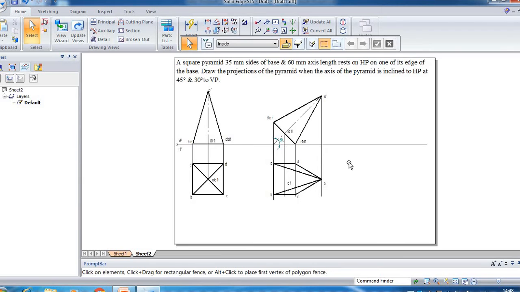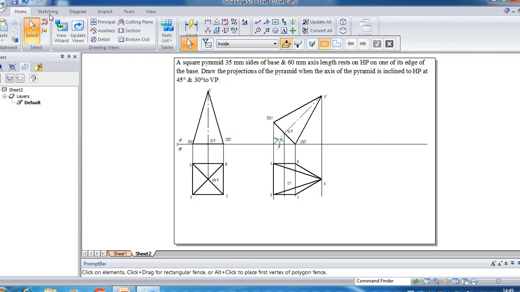Okay, so here the only difference is while drawing the third step, you should be very careful. That is, already some angle is given to this axis line, that is 45 degree. Now the same line is going to make an angle of 30 degree to VP. That means you need to find out the apparent angle, that is beta. So this is a locus problem. So whenever both the angles are given for the same axis, that time you need to find out the apparent angle. If while giving the angle with respect to VP, he has mentioned appears to be inclined to VP at 30 degree, that time no need to find out the apparent angle.